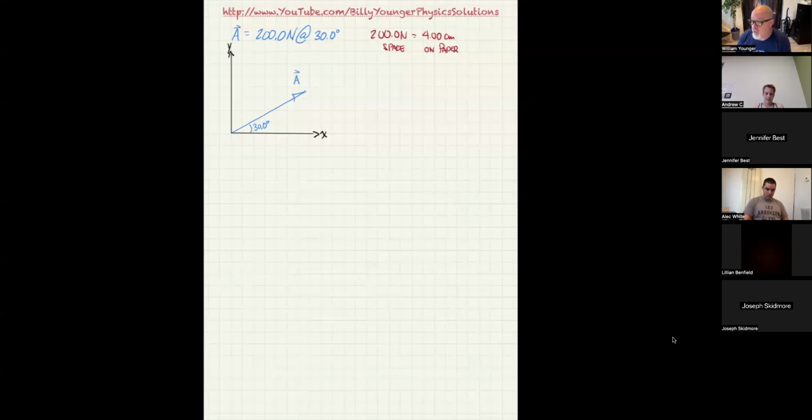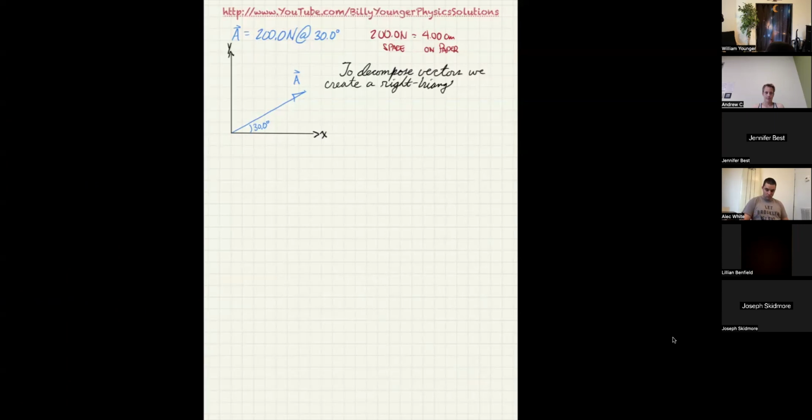Now, in order to work these problems out, what we want to do is build a right triangle out of that vector. So to decompose vectors, we create a right triangle such that, this is a nice mathematical symbol. See that little thing? That's supposed to be like the cursive S followed by the cursive T. So it saves you a buttload of time when you just write that instead of such that. So such that